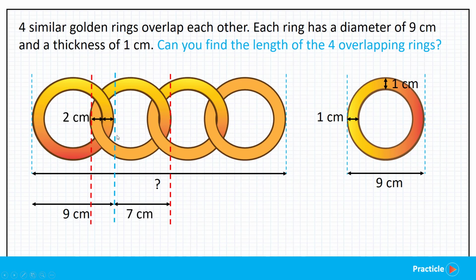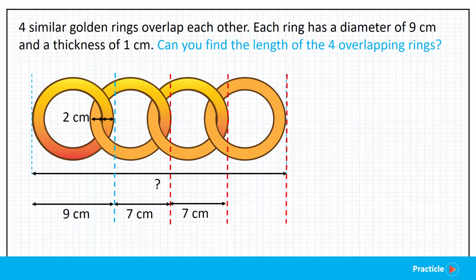Following so far? Now that we know that, we can tell that every time when we add one more ring to what we have, we are going to increase the length of the ring by 7 cm, correct? And since we have another 2 more rings, we should be able to tell that we are going to add another 7 cm to the length when we add the third ring, and another 7 cm when we add the fourth ring. I hope that wasn't too difficult for you.